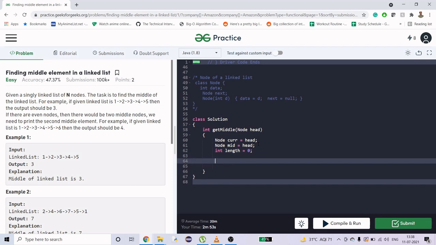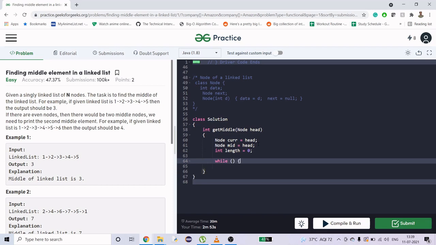There is another approach where we have to traverse the list multiple times. Sometimes the interviewer asks us to do it in one iteration only. That means only one while loop you have to use, and in that while loop itself you have to find out the length, divide it by 2, and then see if it is even or odd, and depending on that you will find out the middle. But when you divide it by 2, you again have to iterate till that length, so that's 2 iterations. Here we are going to do it in 1 iteration.